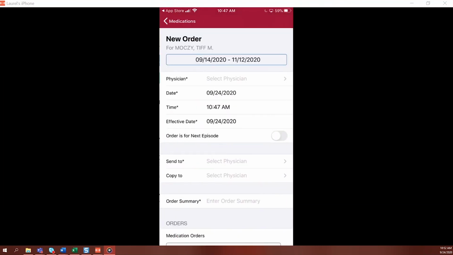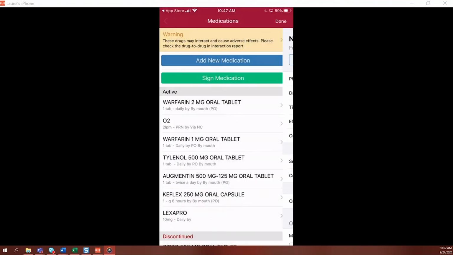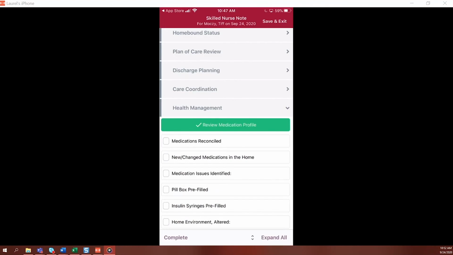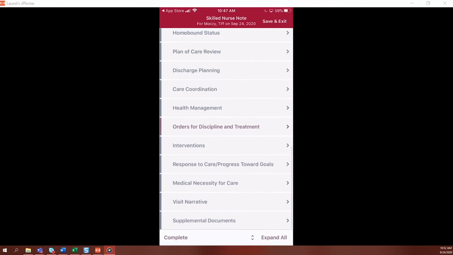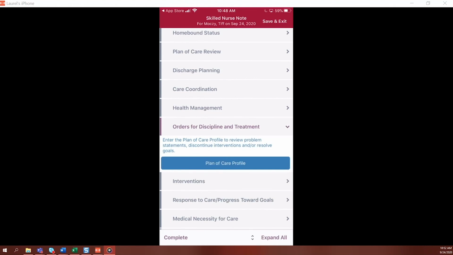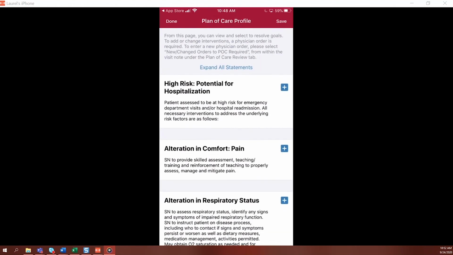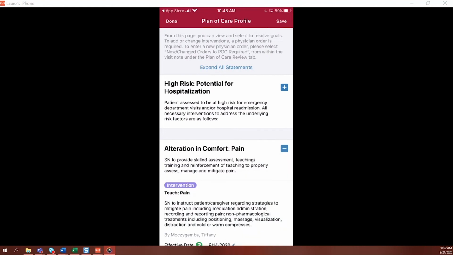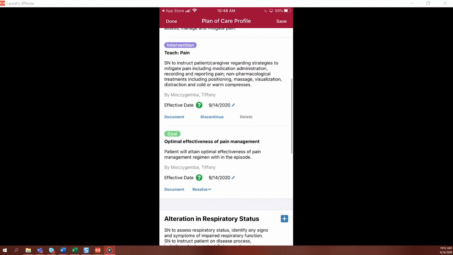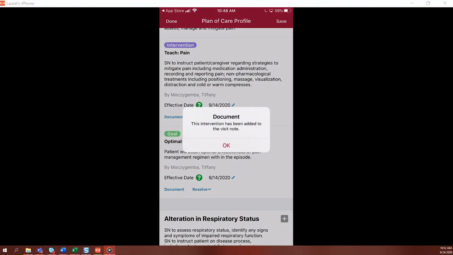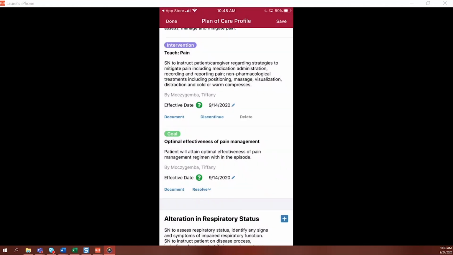You can address problem statements, interventions, and goals by selecting Plan of Care Profile. Here you can select a problem statement, then select Document on the interventions and goals to add those comments to your visit note. You can discontinue interventions here or resolve goals as well. When documenting a narrative, if you select the text box, then select the microphone on your keyboard, you can talk to text. You can edit a supply worksheet,